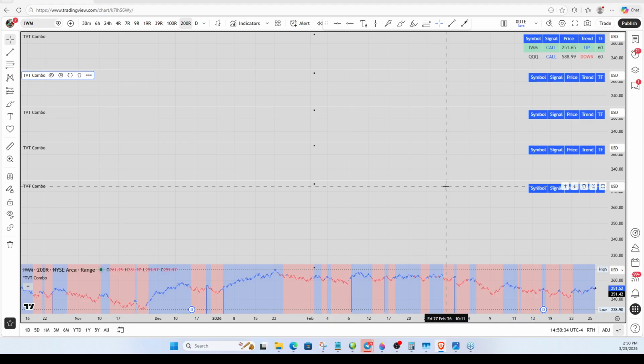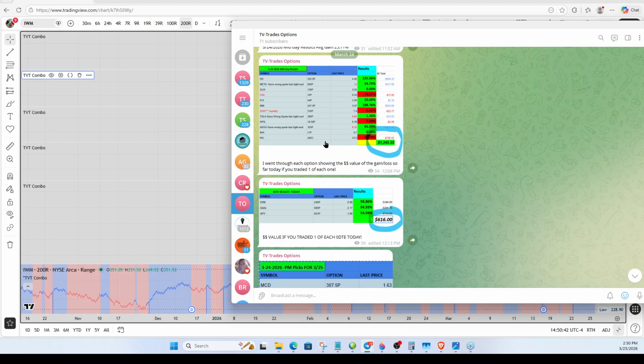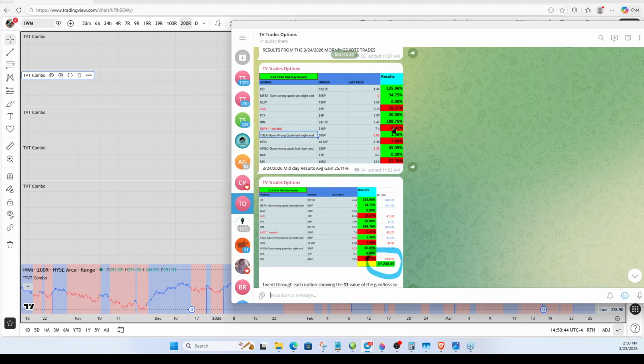Alright, so there are going to be times where we do not have successful trades with the options, obviously. I try to get them as good as I can, but when they're not going to work out, they're just not going to work out. You might lose it all. You might lose whatever you put into it. Typically, if it's not going in your favor,